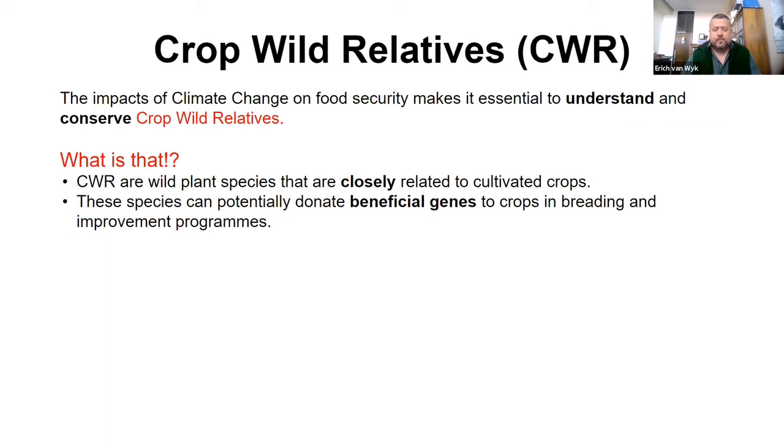Wait, what are crop wild relatives? If this is a new word to you, these plants are wild, or if you like, naturally occurring plant species that are closely related to cultivated crops. These species can potentially donate beneficial genes to crops in breeding and plant improvement programs. To put it very simply,